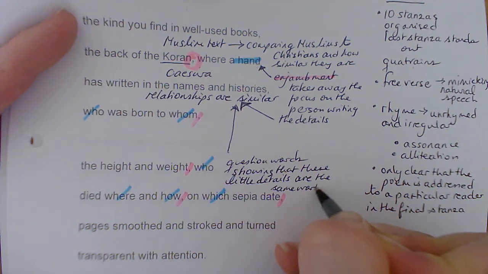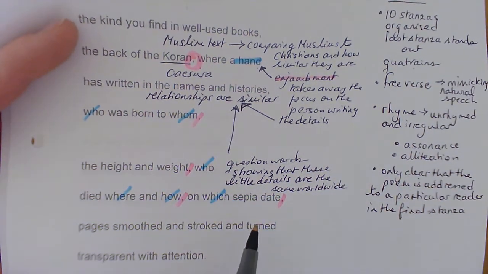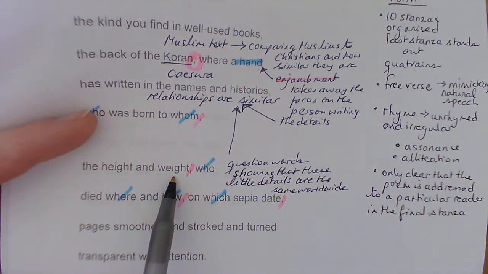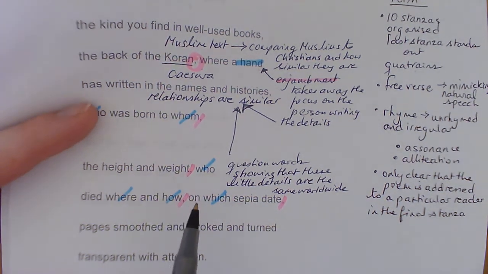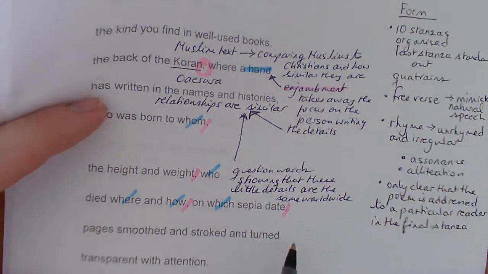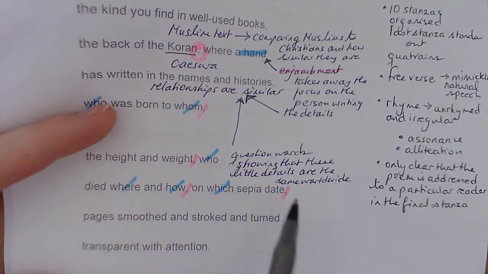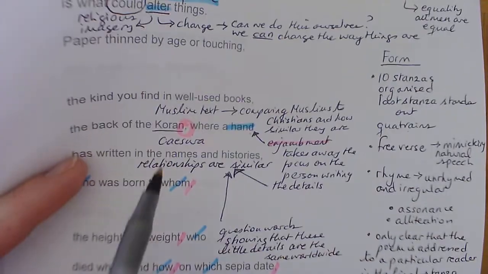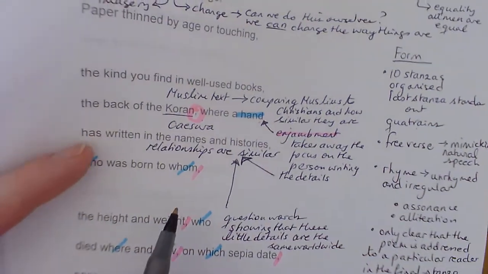Yep, everybody has a mum and a dad. Everybody cares about what babies were weighed when they were born and what they weighed. I mean, really, honestly, who cares what you weigh when you're dead? You only really care what people weigh when they're born and when they're little, and we think it's great. Okay? So this is about life, you know, height, weight, and the details are the same. It doesn't matter what culture you come from. It could be Muslim. Christians do it too. We do ours in the front of the Bible. They do theirs in the back of the Quran.